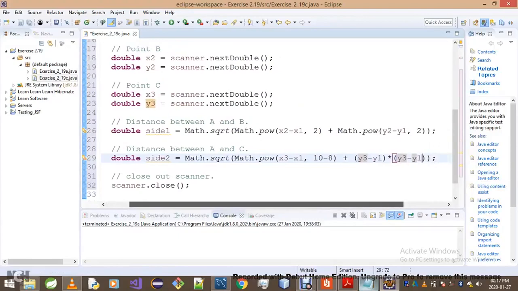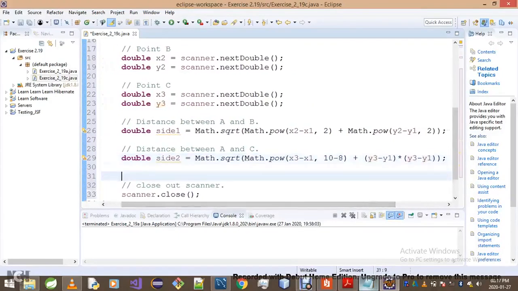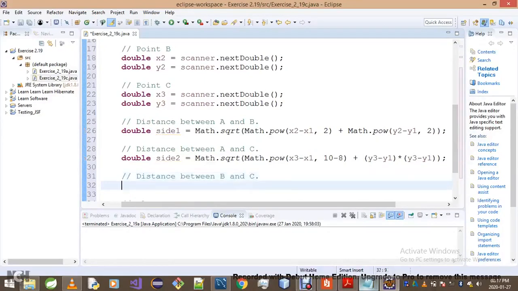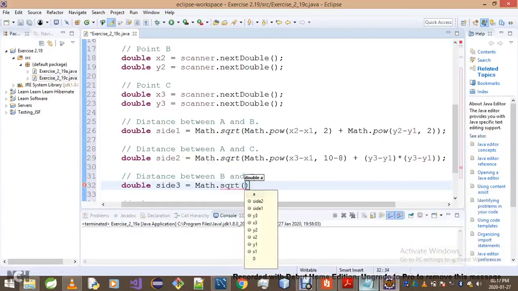Okay, what else? Of course, you guys, this is not the best way of doing things. I'm just trying to emphasize different things now, to point out different things. So now lastly, we need a distance between B and C, and we'll simply call that our side 3, which will simply be the square root of